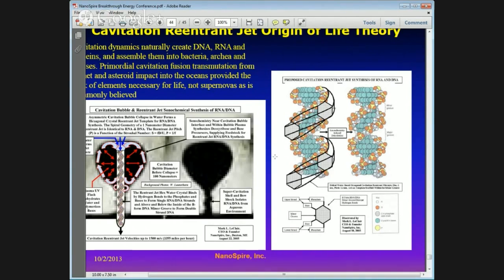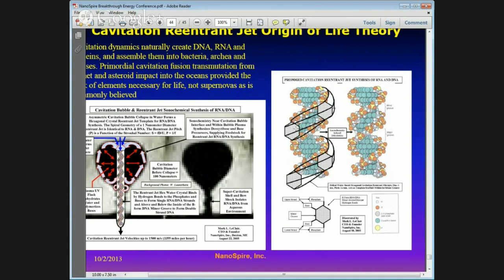And so a water crystal happens to have the perfect geometry to be able to act as the template for RNA, DNA, and also protein. Now, there's actually a 2-to-1 correspondence, like it jumps every other bond on the crystal to form DNA, and every bond distance for forming protein. So 1-to-1 for protein, 2-to-1 for RNA and DNA. All right, so it's the perfect crystal that does everything in terms of forming both the